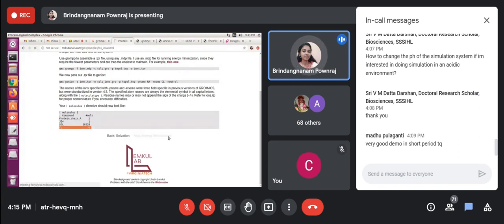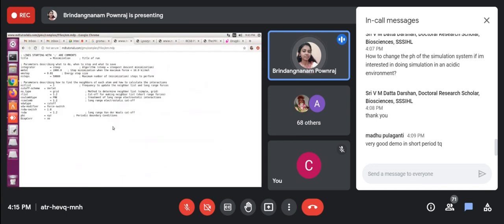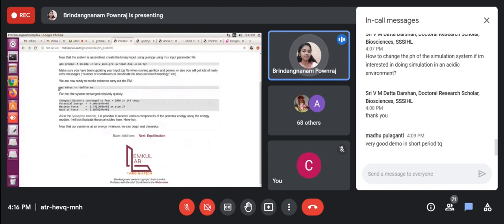And then again, same step only, you are doing minimization. In every step you will have this kind of link option so that you will get your MDP file. So this is your MDP file. As I told before, in this MDP file also they are using the steepest descent algorithm only. After running the same command, all are the same. Only the protein name and the ligand are different. Here we are running the complex.